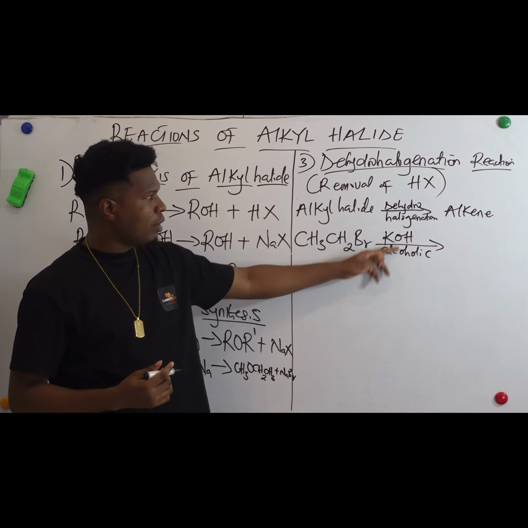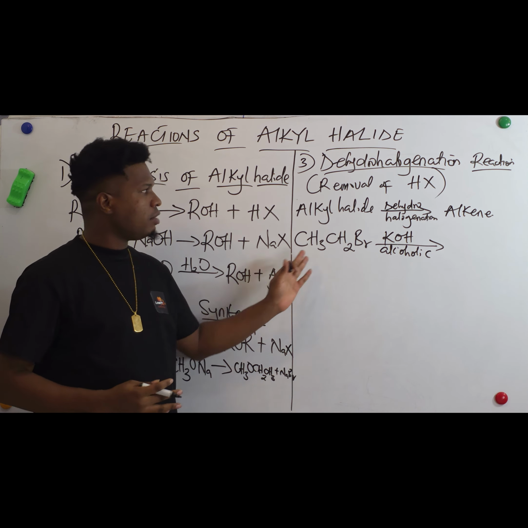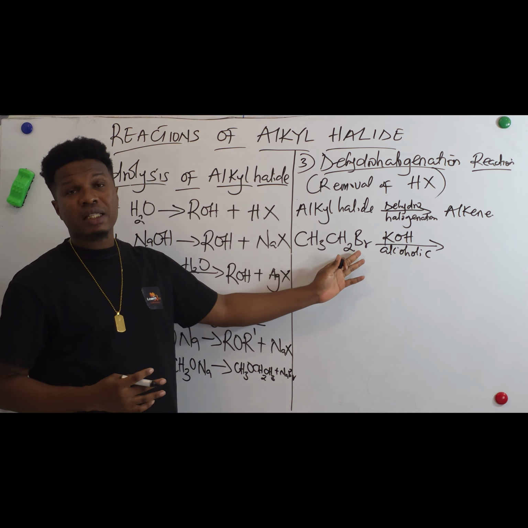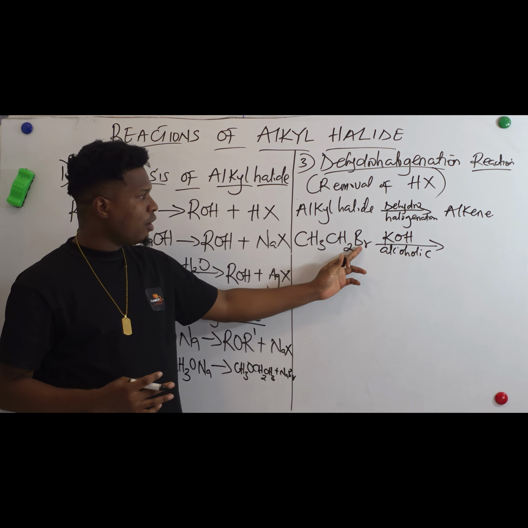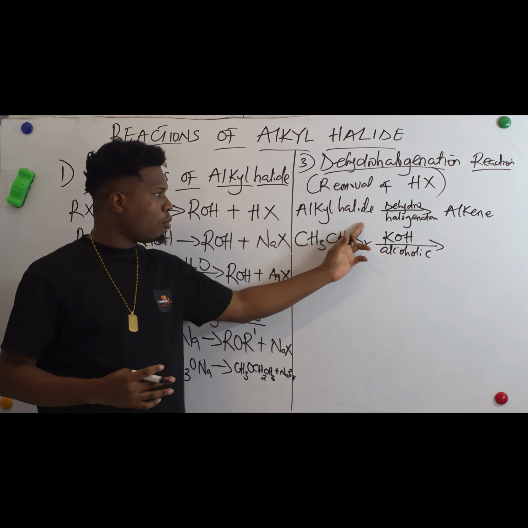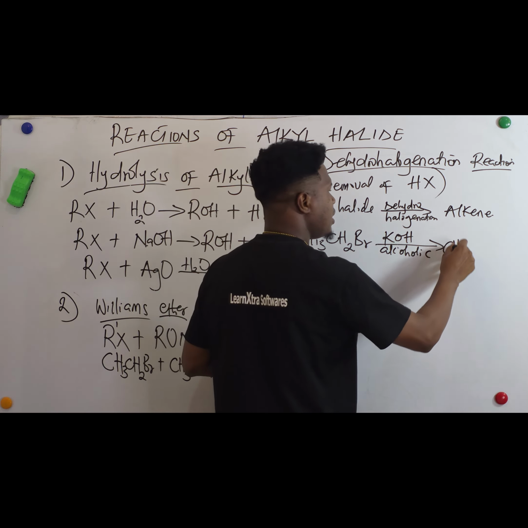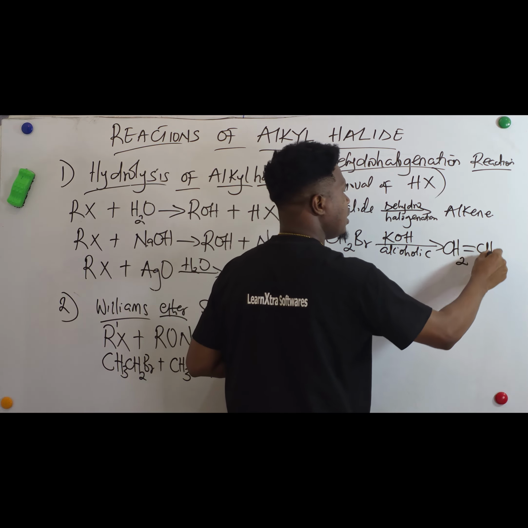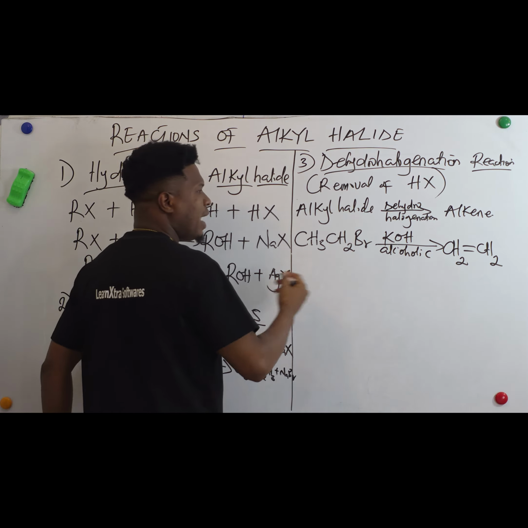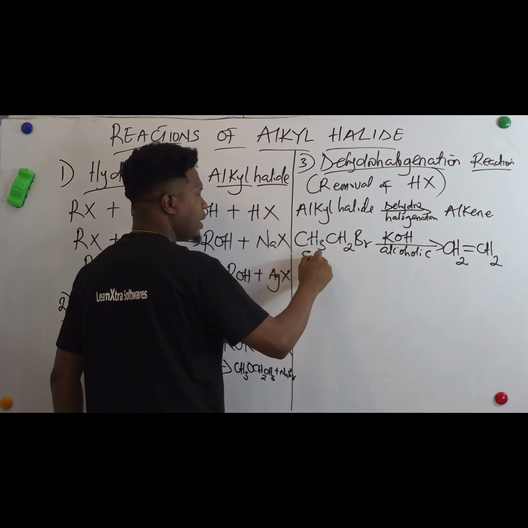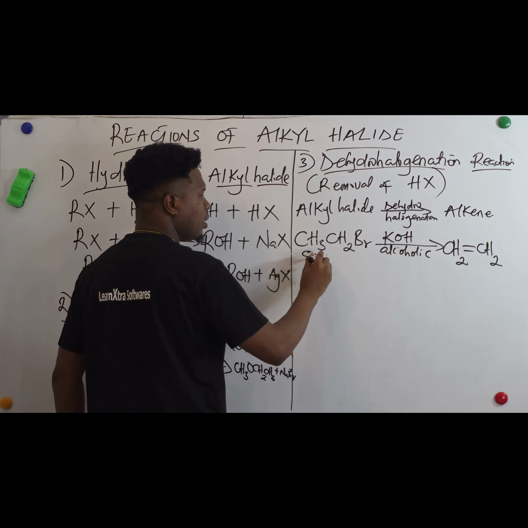So when you have this solution and you pass it through this, it will dehydrohalogenate, that is, removal of what? HBr. So bromine will leave from here and hydrogen will leave from here. So you're going to have CH2=CH2. So dehydrohalogenation of ethyl bromide